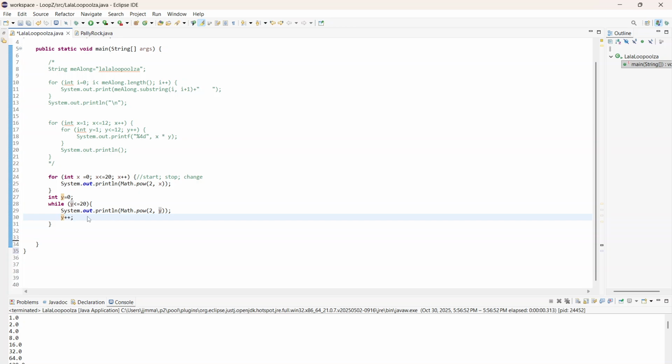So within the body of the loop, it needs to progress towards the stopping condition. So y begins at 0, it ends at 21, and it progresses by 1. Again, it can progress by any value, decrease by any value. So you can go from 20 to 0 if you want. The difference is, in this case, none, but